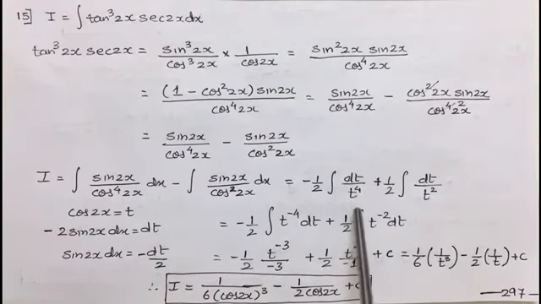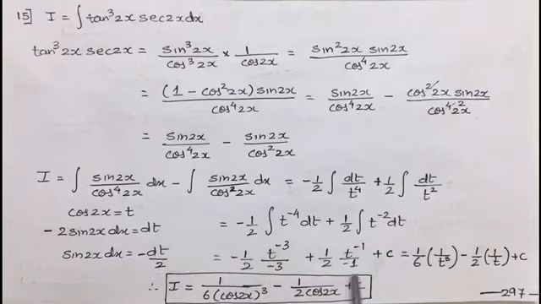For integrating 1 upon t^4 and 1 upon t^2, 1 upon t^4 is written as t^-4, 1 upon t^2 is written as t^-2. Now t^-4 is taken up as t^(-4+1) upon (-4+1), as a part of the integration. Minus half remains as it is. t^-2 is taken up as t^(-2+1) divided by (-2+1). So we get t^-1 upon -1 plus c.